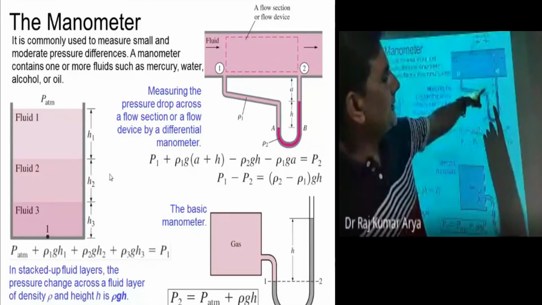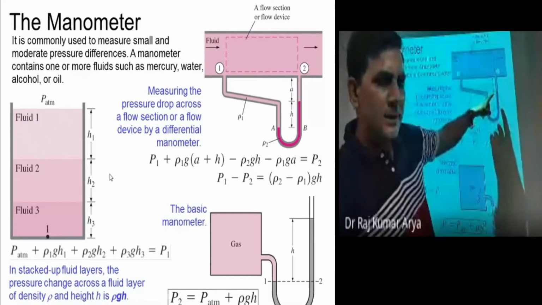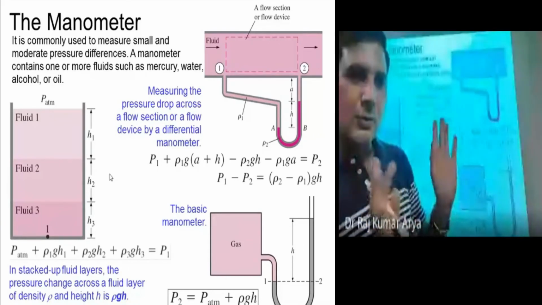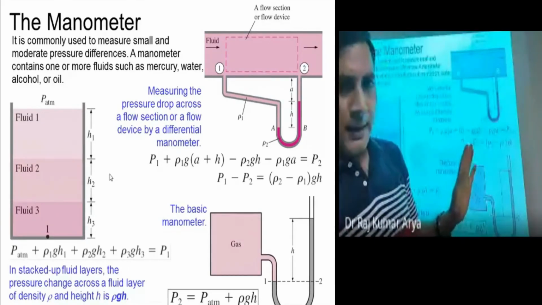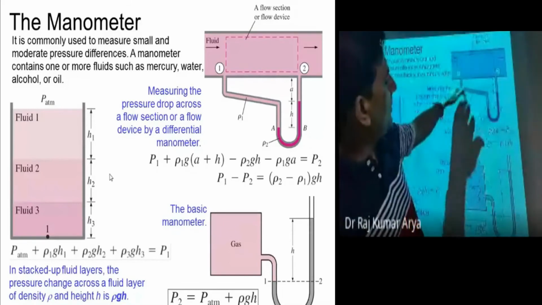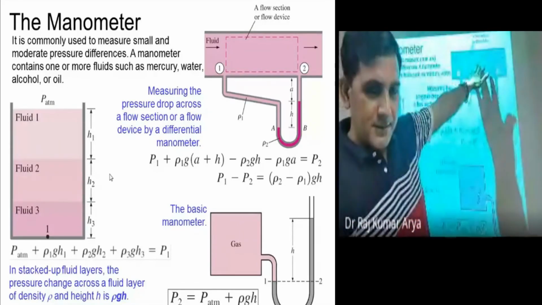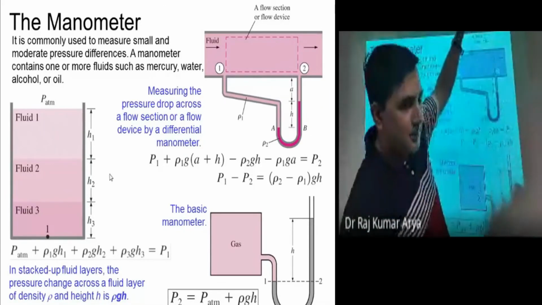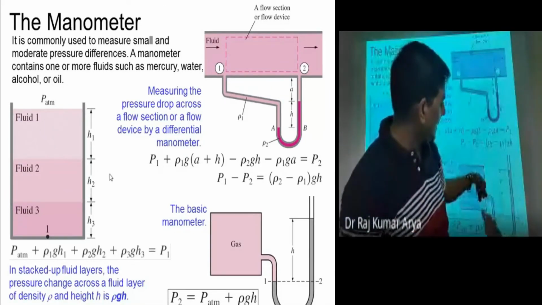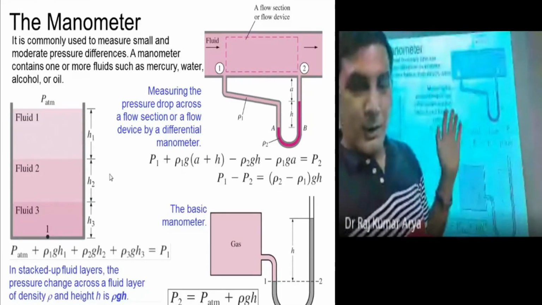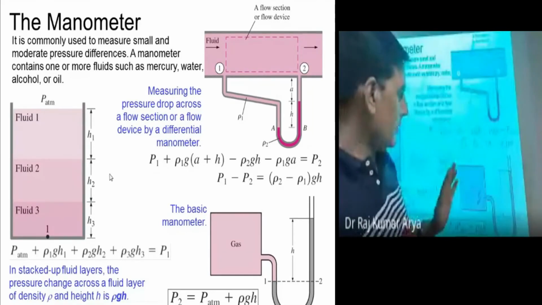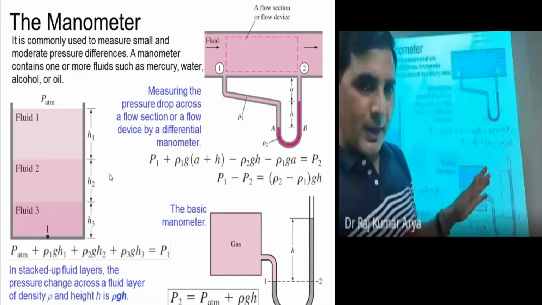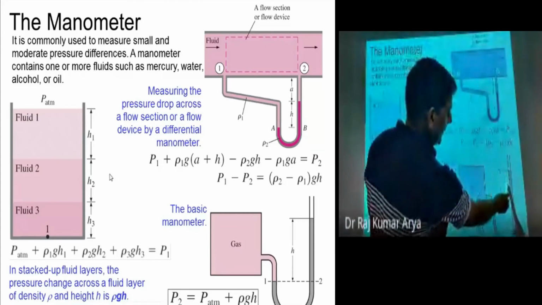In this case, you can use the manometer of any height, because these two are interconnected, so there would be no problem here, no matter how high the pressure is. But in this case, if the pressure is very high, this H would become excessively high. Sometimes the gas may go out from here. So these can be used for moderate pressure only, not for high pressure, because you have to control this H.